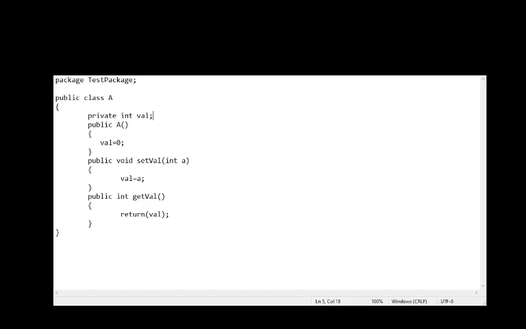Now suppose I want to create two more classes which I want to put inside the same package. So I will write another package. Here I can see I have another class which is B, and I can use this class B the same way.